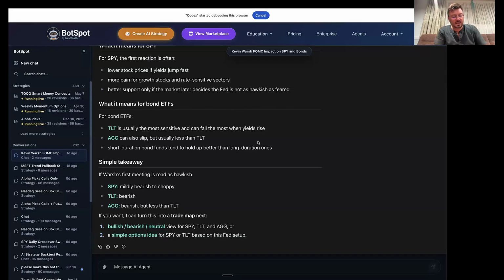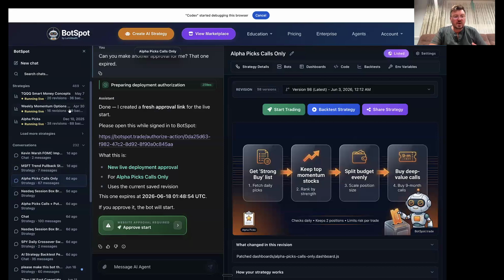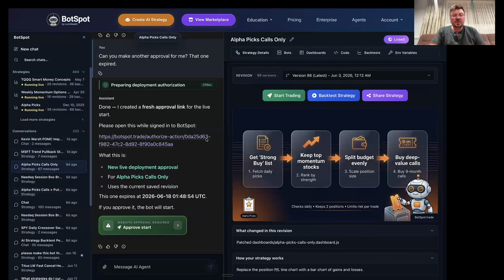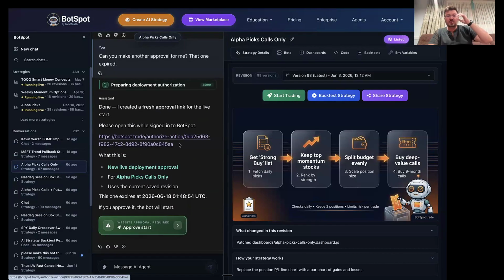The reason why we're having a bug there is because we made a really dramatic change in how our AI works in general. So basically, here I was showing everyone earlier where you can go in and tell it, create such and such a strategy. Like I could say, make a strategy that trades SPY, and it'll go off and build it, and then keep backtesting until it works, right? Because in the past, you would create a strategy, and if it had some sort of issues with it, it would just stop. Whereas now it's going to keep going until it's actually working and you have a viable backtest.